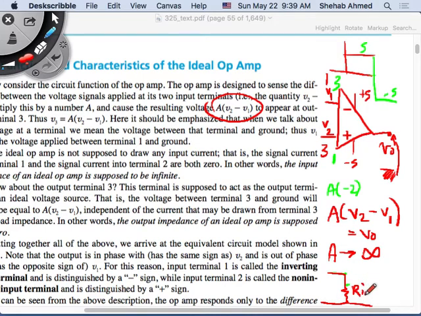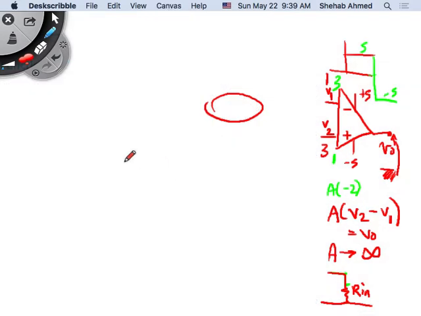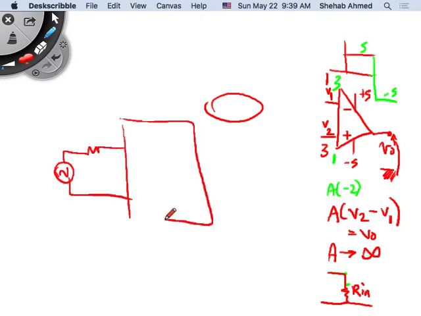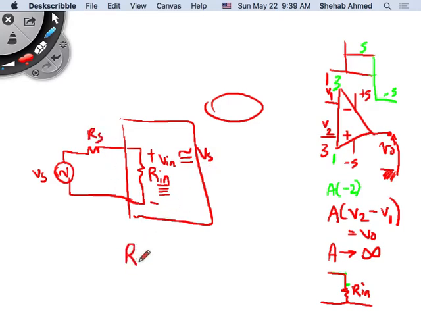This was our input. Remember our input? We had our sensor. In the last chapter, we had a sensor and the R sensor, and then we wanted to connect this to an amplifier. And we said that I would like, ideally, the R input of the op-amp to be what? I would like V input here to approximately equal V sensor. For me to do that, I want R input to be much bigger,